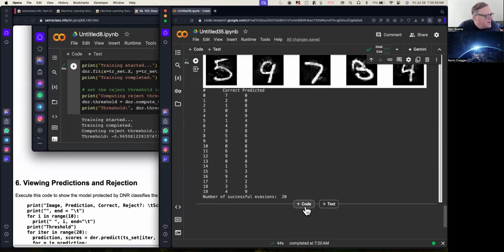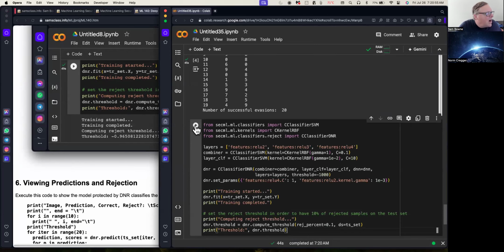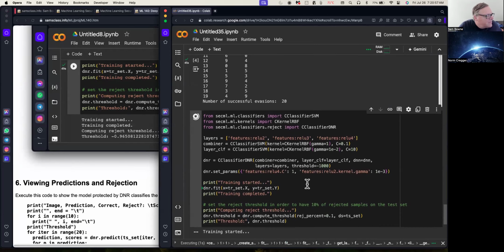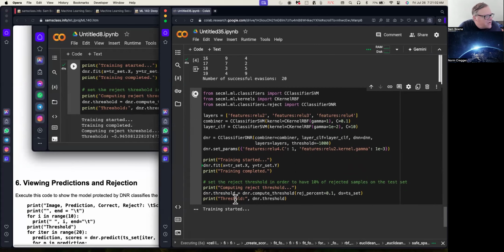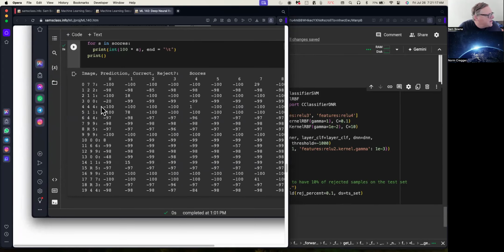So this is what adds the deep neural rejection model to it and trains it. And then it's going to set the reject record threshold so it rejects 10% of the samples in the test set. And here's the result. You'll see some of them have an R here, which means